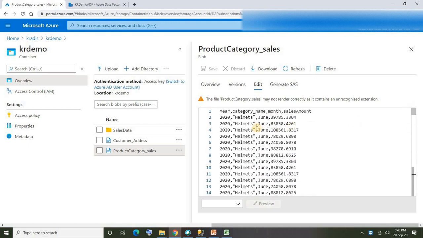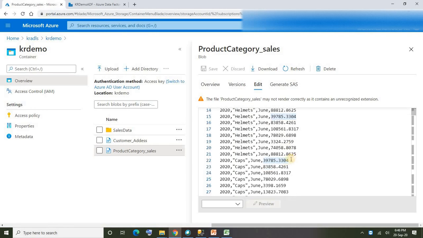But as I said, I don't want to load it as is into my target table. What I want to do is take out these unique category names under the category name field, and convert those category names into columns, and each category name should be mapped with its respective sales amount.